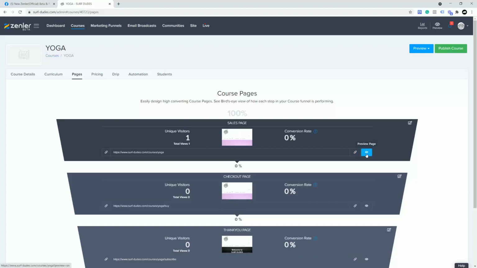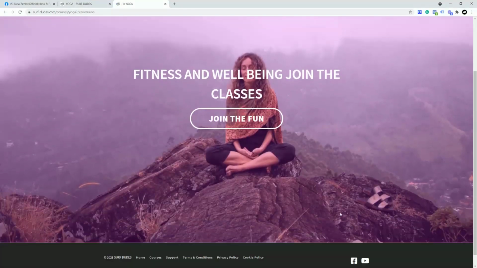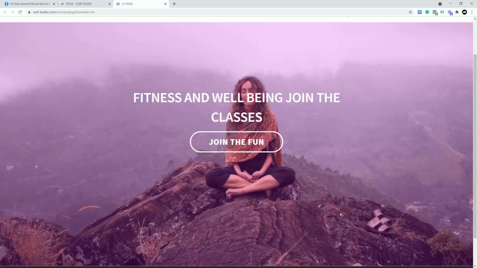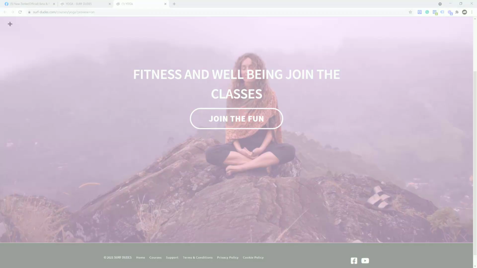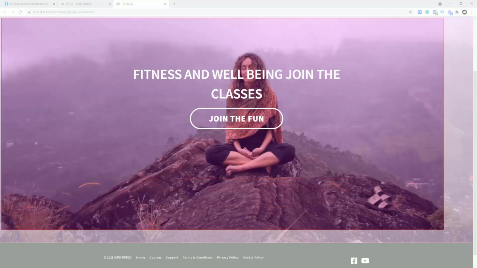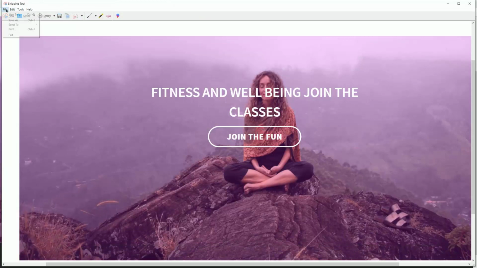So I'm going to take this yoga one and open it up. Now I've got a snipping tool on my desktop, so I'm going to position this roughly, and I'm going to put snip into my search, and it's going to give me a snipping tool, which is basically this. So if you've got any sort of screen capture, then use that. I'm going to click new, and I'm just going to grab this page across here for my image. That's going to be my course image page. I'm going to save that, and I'm going to call this